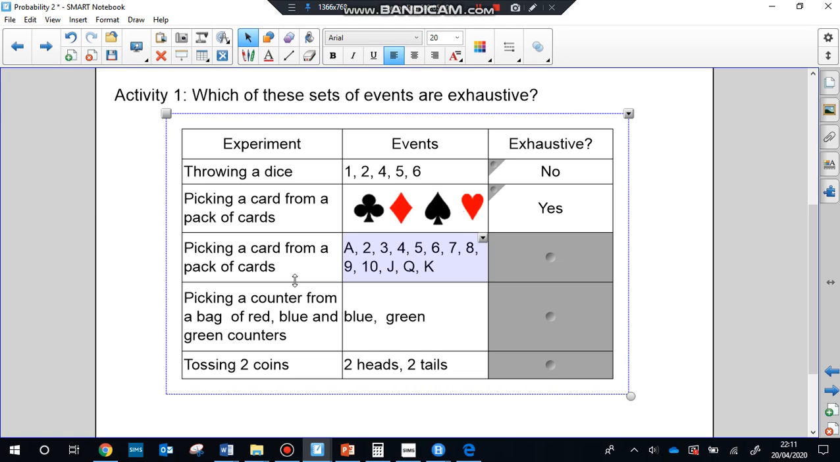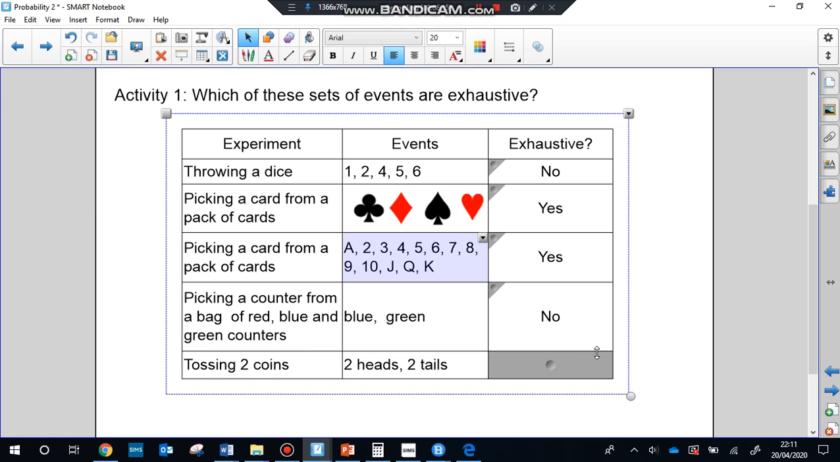If I was picking a card from a pack and I was looking at the number or the symbol on the card, I've got here ace, 2, 3, 4, 5, 6, 7, 8, 9, 10, jack, queen, king. Can I get any other numbers? No, I can't. So again, this is a set of exhaustive events. So yes. If I'm picking a counter from a bag of red, blue and green counters, is blue and green the only things that could happen? Well, no, because I've already said there's red counters in there as well,